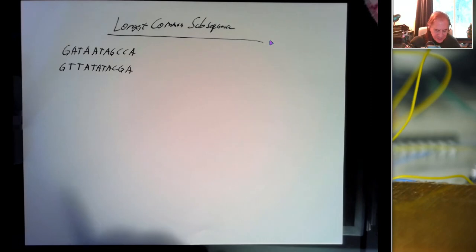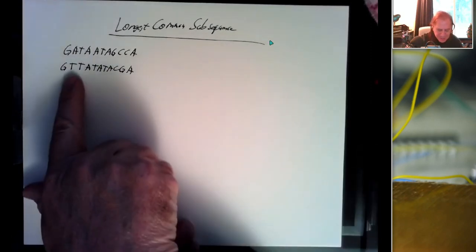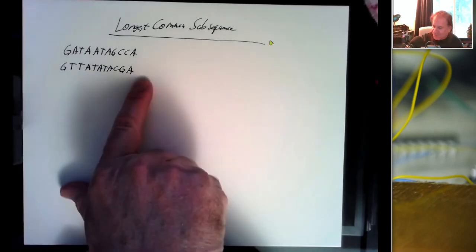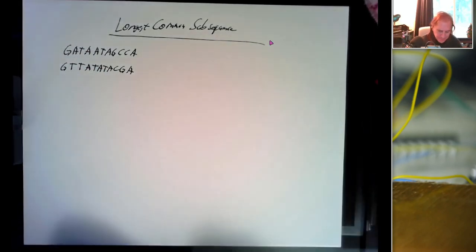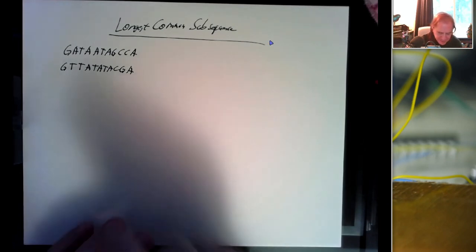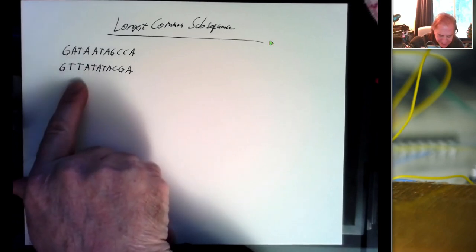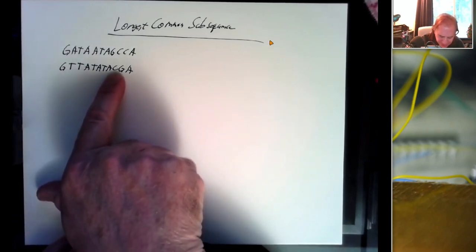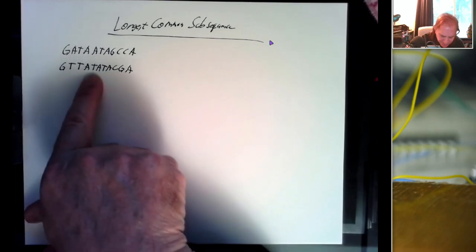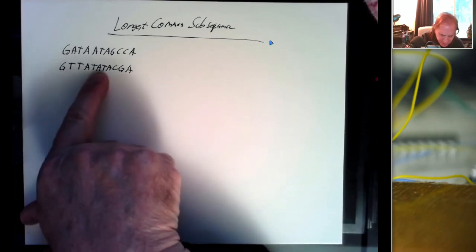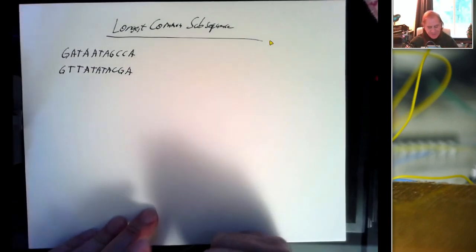You may have two sequences of GATCs, and you want to know what's the longest string of characters that is common between these two sequences. And if we just look side by side, well, there's a TA and a TA, so there's a sequence of length 2. And there's another TA that might go with that, and so on. But if we allow